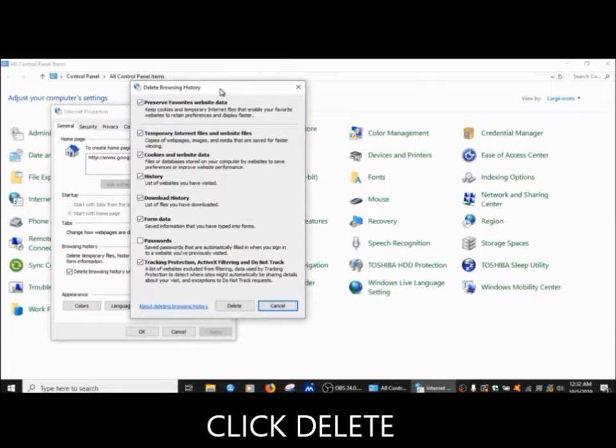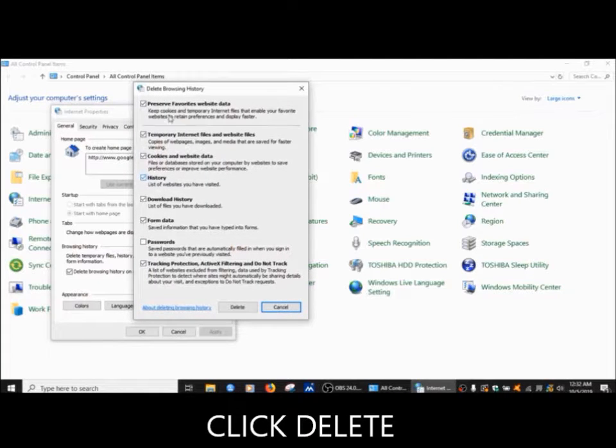Another one pops up like magic, and all of these things should be checked off. This one is not for me because I like to keep some of my passwords on some of my sites automatically in there so that I don't have to remember. Totally up to you. Click delete,